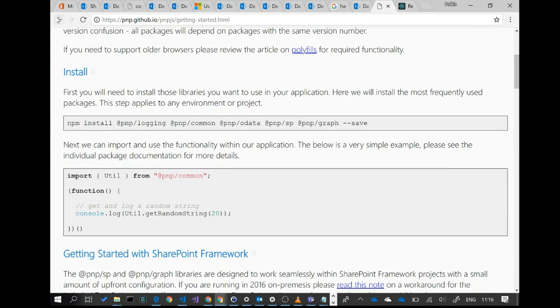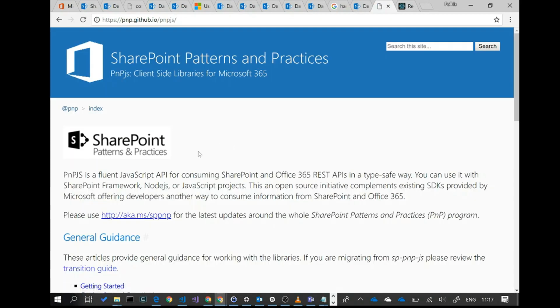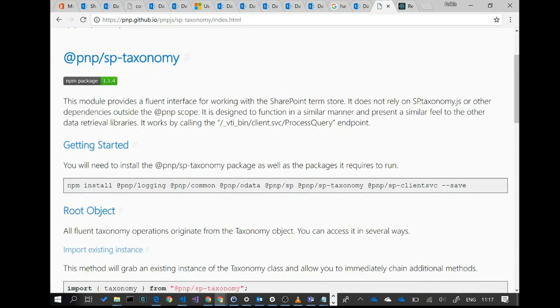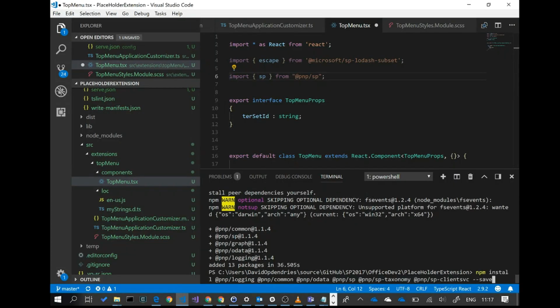Here we got the getting started. Let's go to the documentation, get started documentation. There's one here called SP taxonomy. So we're going to want to have this one now, SP taxonomy. Since we already have the other ones installed, we don't need those ones. We already installed those ones. We need the SPFx client